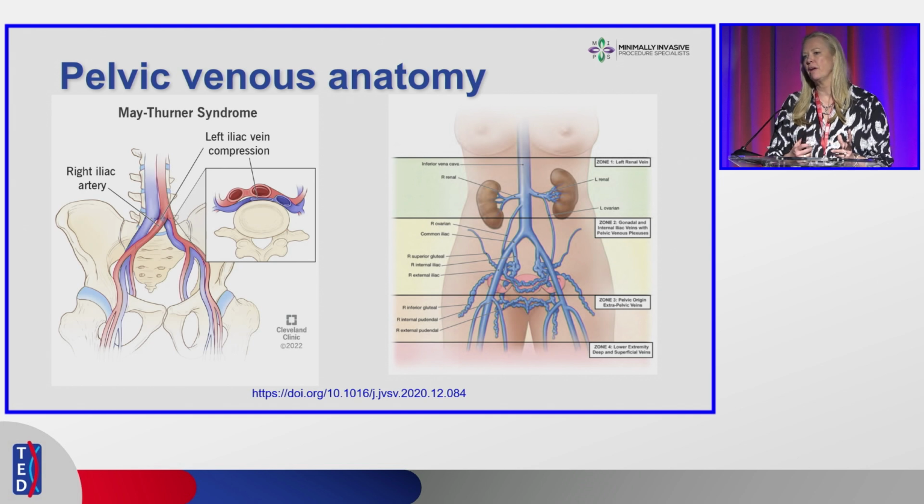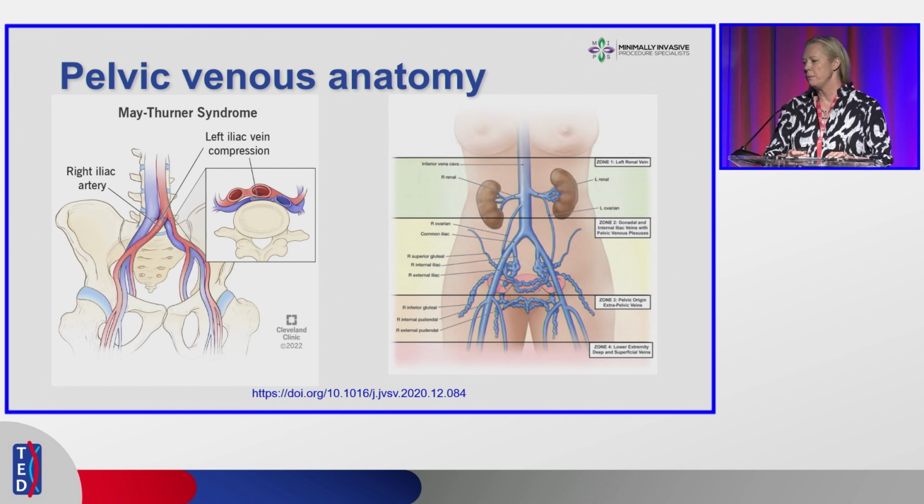I was just going to talk briefly about how I think about these patients who are referred for, quote, pelvic congestion syndrome. A nice paper written by a consortium of people with the AVLS talked about really renaming this to pelvic venous disease. And I think it's important, if you're going to treat these patients, that you understand their anatomy from the renal vein all the way down to the pelvic floor and into the legs before deciding what the best treatment options